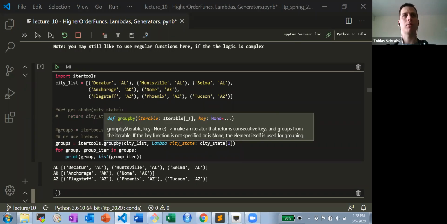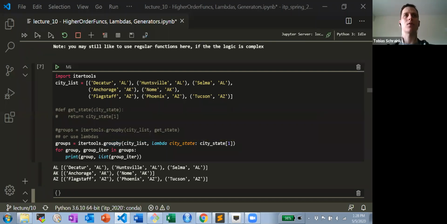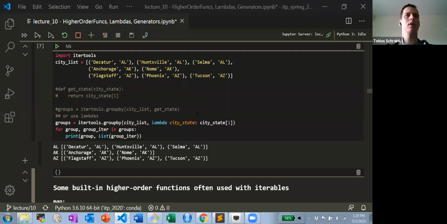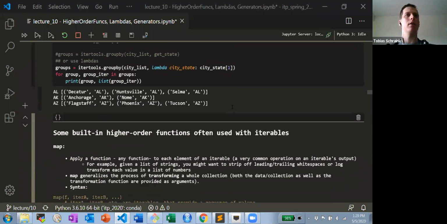One of the kind of tricky bits with this is that the keys already have to be sorted. So the list in this case already had to be sorted by state. If these were not ordered this way, we would have gotten multiple groups for the same state. But we'll talk more about that later. All right, so